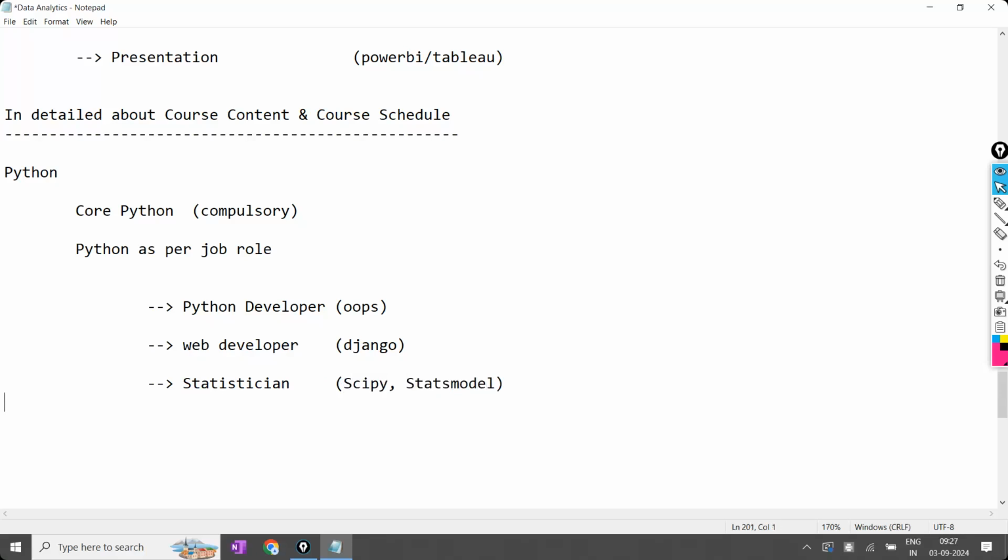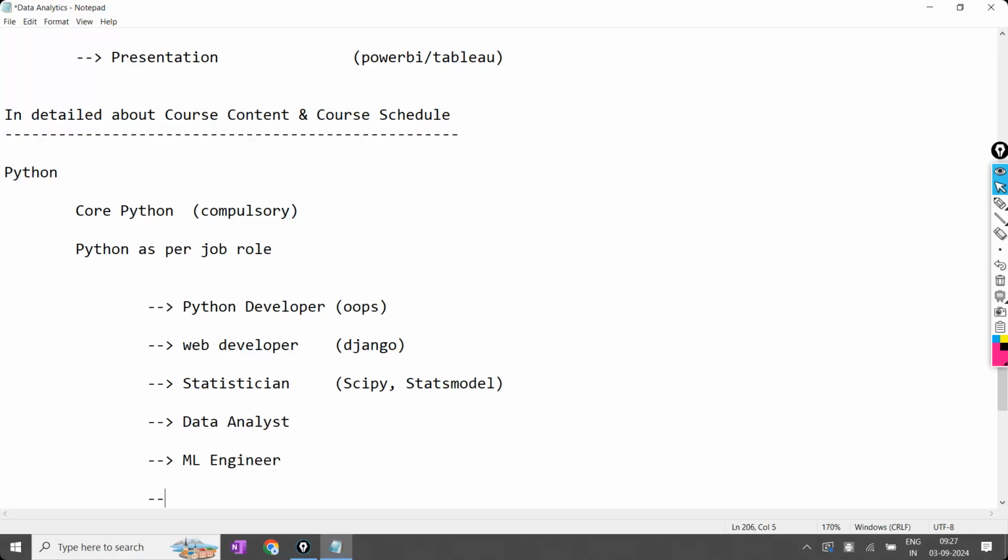Next, if you go with the Python developer, web developer, data analyst, data scientist, these people will use a different one. ML engineers, what are ML engineers? They are going to use a different one.